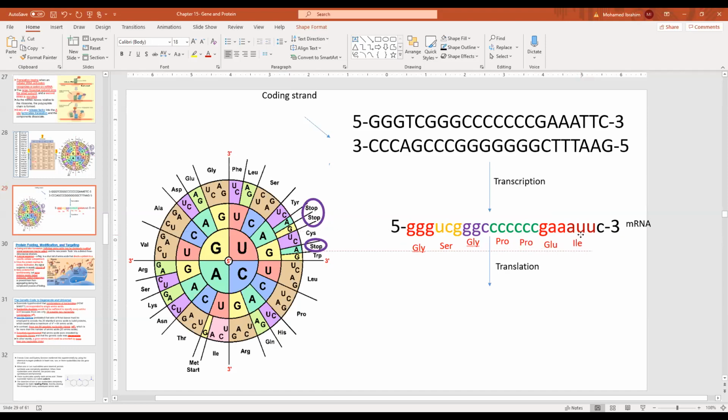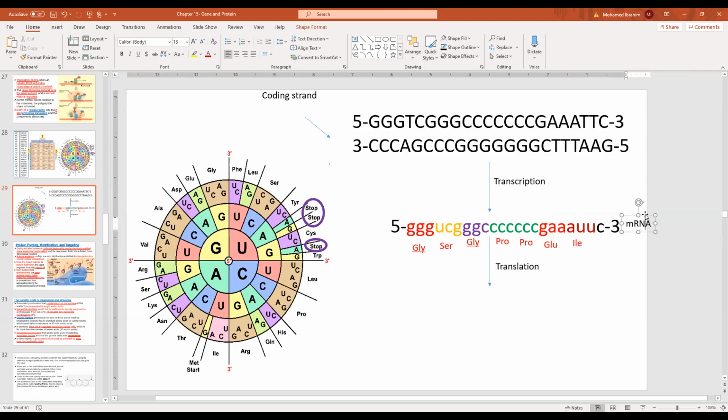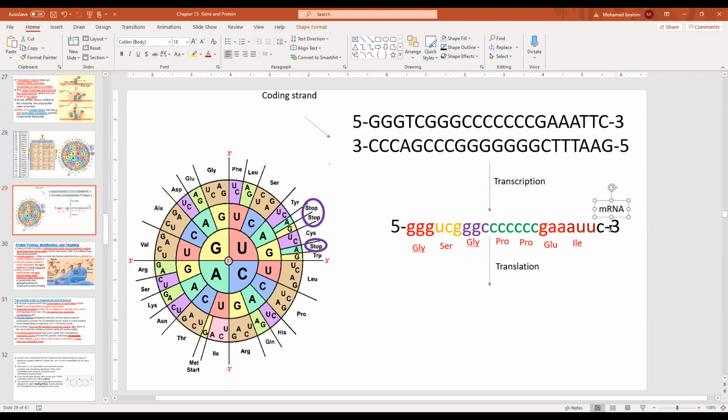Now, if one or two nucleotides are left over like this, you leave it alone. You don't need to mess with it, because it's not any amino acid. You need three nucleotides to be able to tell the amino acid, right? So if it finished with a C like this, leave it alone. So you have those amino acids. This is a translation here. We call this the 3-letter code for amino acids. So amino acids can be written with the first 3 letters.